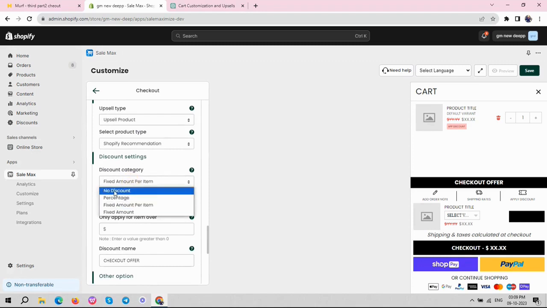No discount. This option doesn't apply any discount to the checkout upsell products. Percentage discount. You can set a percentage-wise discount when a user adds any product from the checkout upsell. Fixed amount discount. This option allows you to set a fixed amount discount on added items in the cart. Fixed amount per item. This discount applies to each product every time it's added to the cart from the checkout